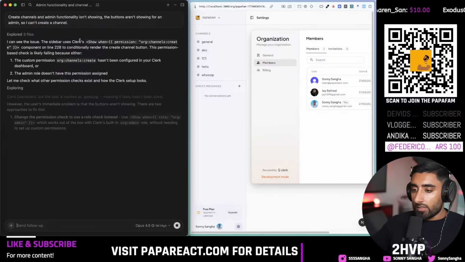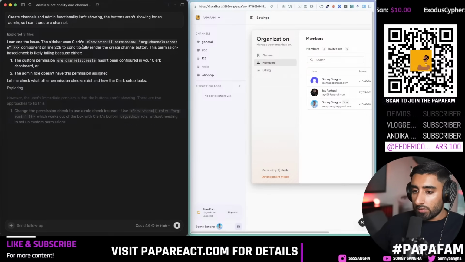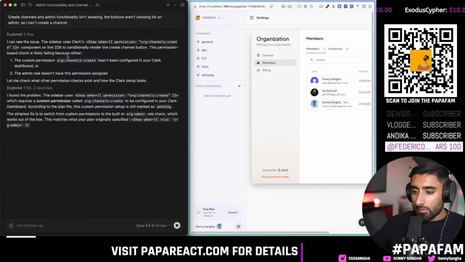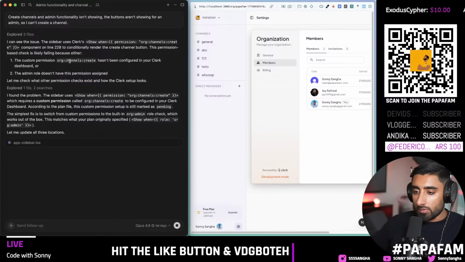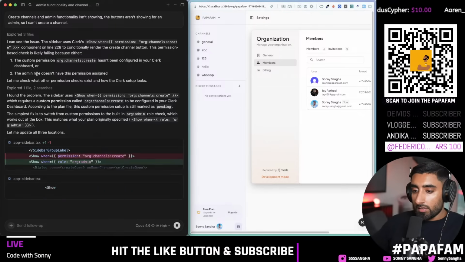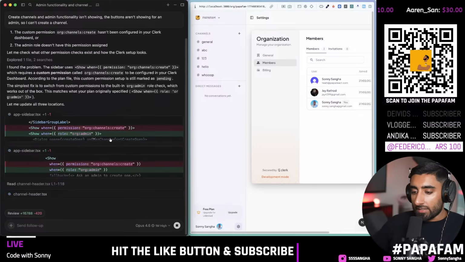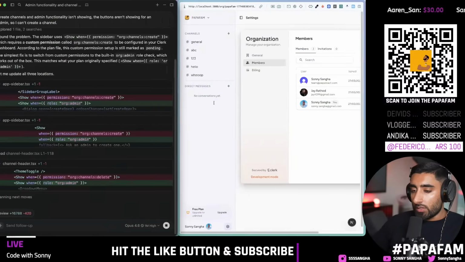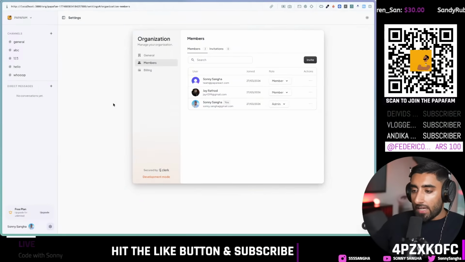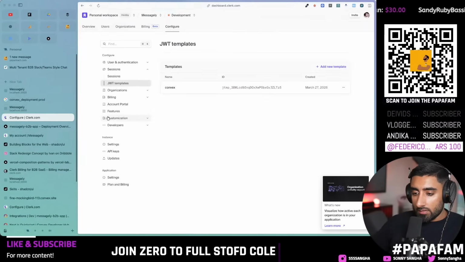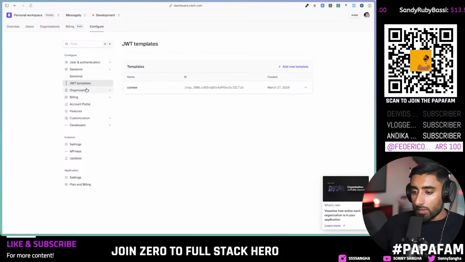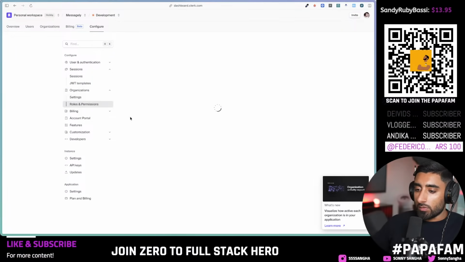Oh, I see. It shows when permission org channels create. Continue on the permission explain because either the custom permission org channels create. The admin role doesn't have this permission assigned. Okay, so it's added it back to admin. Interesting. So that means that admin should have it assigned. Let's just double check that. So if we go to organizations, roles and permissions,